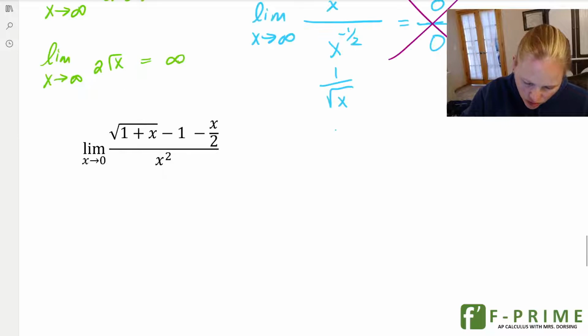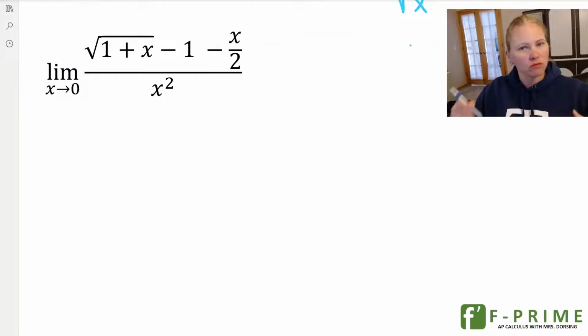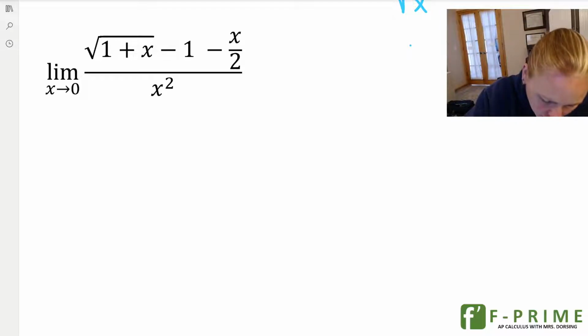We can also take a look at L'Hopital's rule in that we can use it multiple times. So in the example we just did, you saw that I was able to apply L'Hopital's rule a second time. And that is a wonderful part about L'Hopital's rule, is that you can apply it multiple times if you continue to get an indeterminate form. So for example, if I want to evaluate this guy here, I know that when I plug in 0, I'm going to get 0